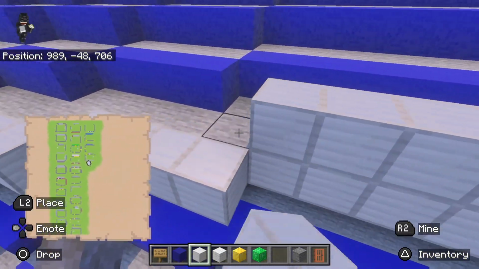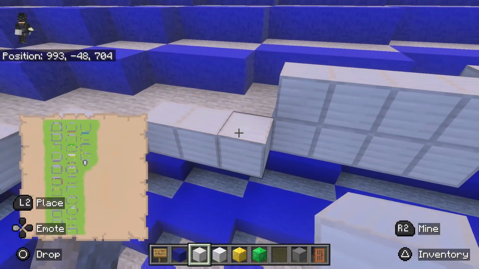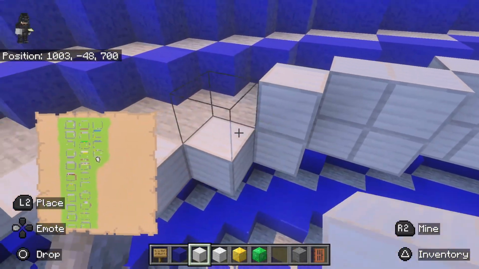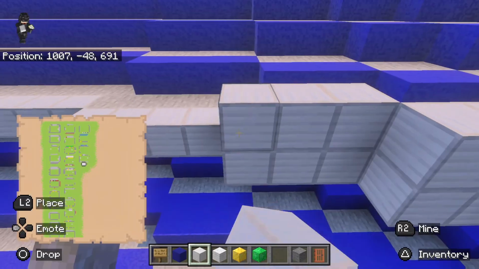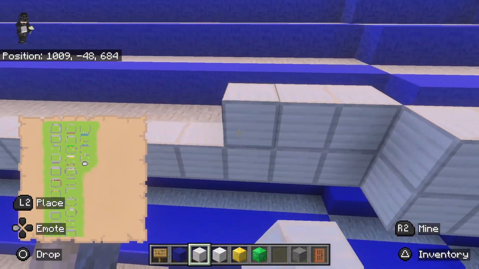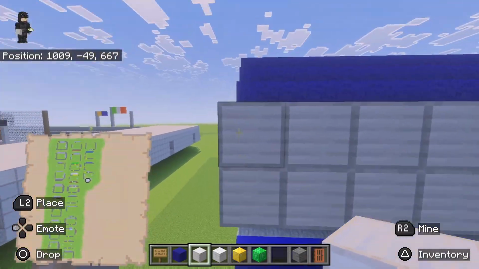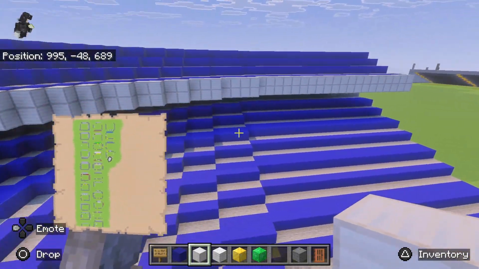I always do 2 rows of iron blocks for the barrier because a lot of stadiums on this barrier piece tend to have different kinds of sponsorship, so you could use banners. They tend to take up 2 blocks in height, so you just hang them from the front one, then the bottom one would be here, or you could use paintings, whatever. But that's basically how it looks